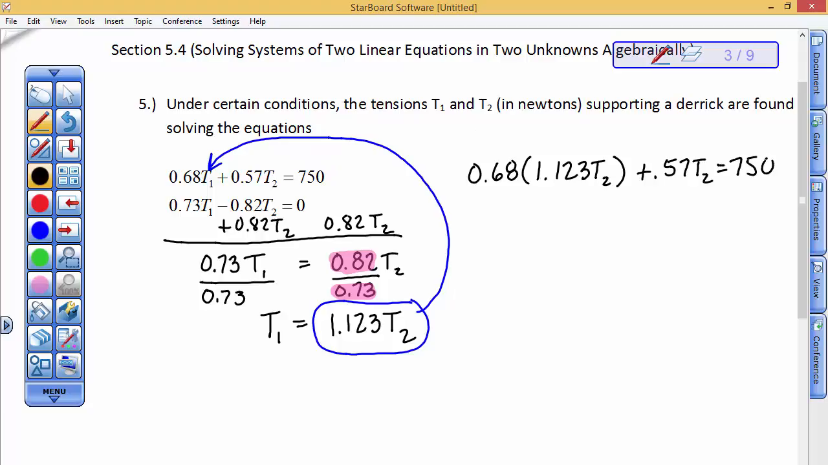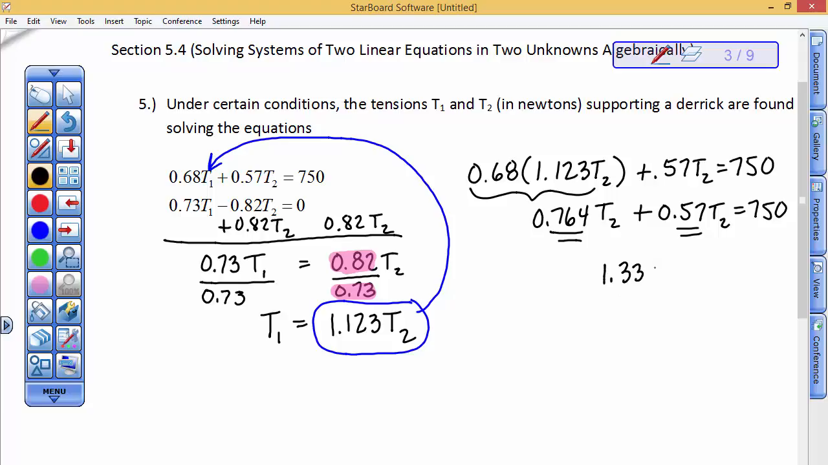So now I'm going to get my calculator out and multiply those two numbers together. I'm just going to tell you what they are. So 1.123 times 0.68. Actually, I'll go ahead and write it down. So that's 0.76. I'm going to round that to 4 t sub 2. And I have to add 0.57 t sub 2 to that because those are like terms. So this decimal number and this decimal number add up to be about